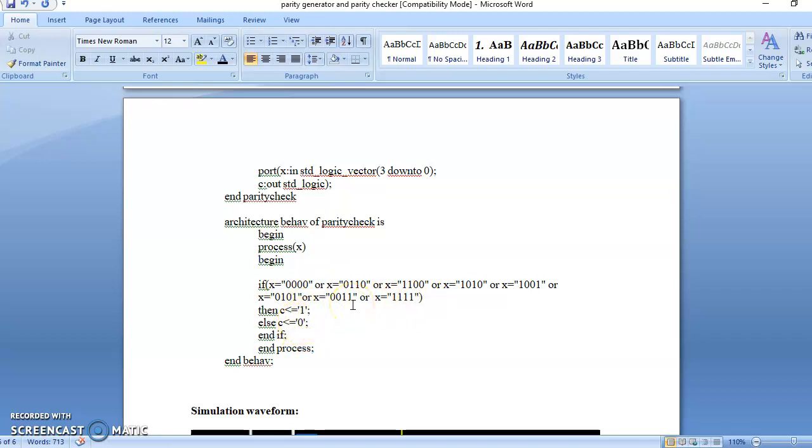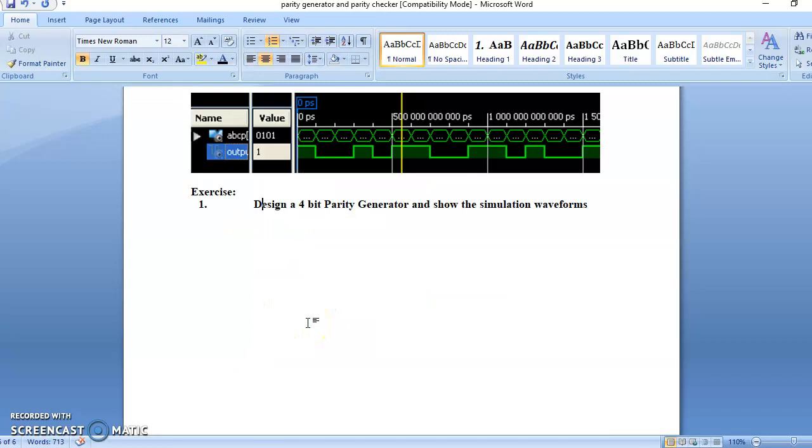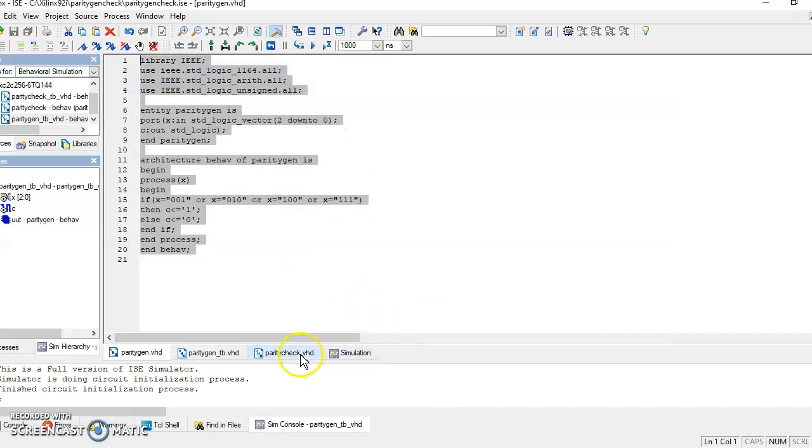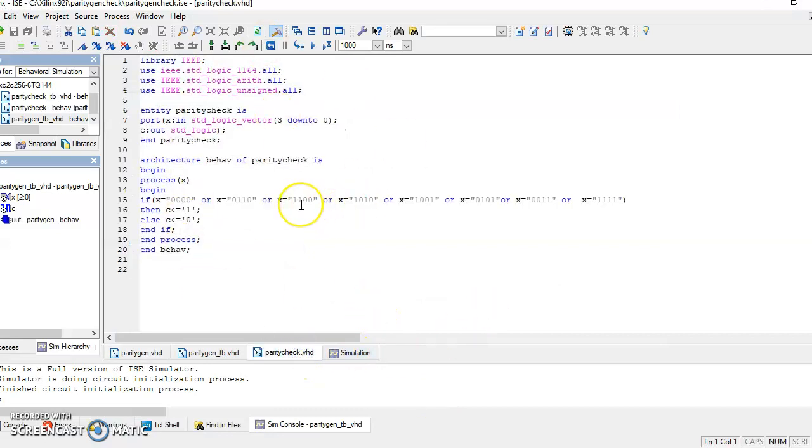But let us not have any controversies over here. We are designing for even parity data. If you receive even parity data, then output is equal to 1, else the output is equal to 0. I'm not going to give you the test bench for it. I want everyone to try. This is the program, and I have verified the simulation result.